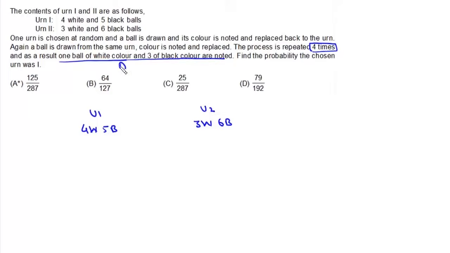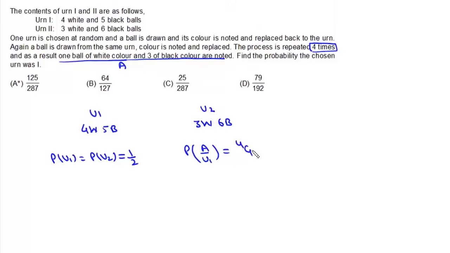Now let this event be A. Now the probability of choosing any urn, suppose the probability of choosing urn 1 will be equal to the probability of choosing urn 2 because they are equally likely, and it will be 1 by 2. Now if we choose urn 1, then the probability of getting 1 white ball and 3 black balls will be probability of A given U1, and it will be